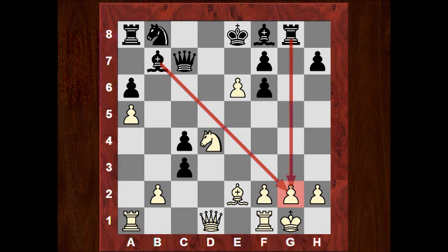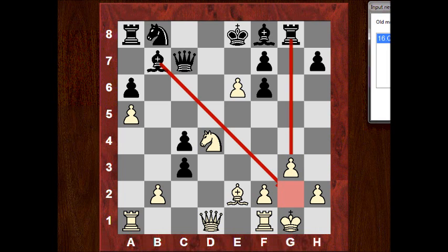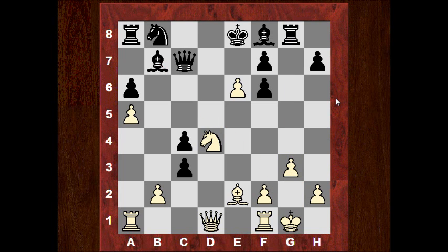Now, should white just play g3 immediately here, in this position? If g3 is played, yes, it could really transpose into the game, so I might as well just show you the game continuation. Check. And in this position, okay,